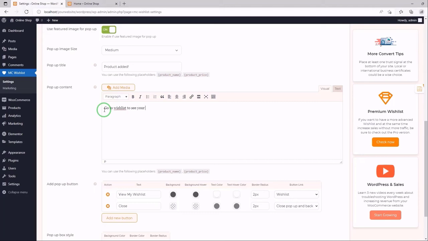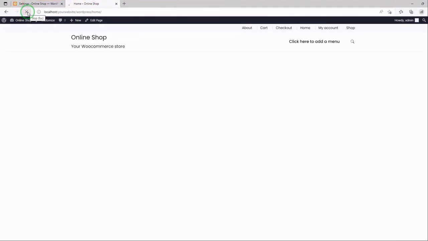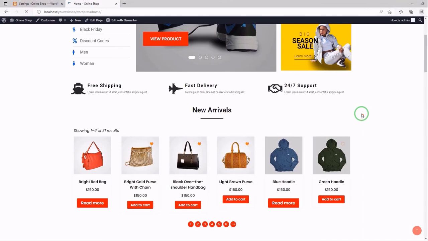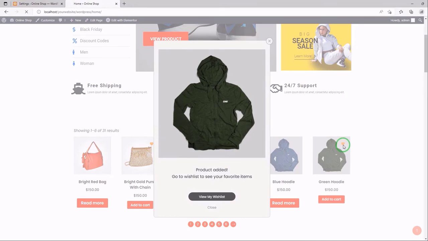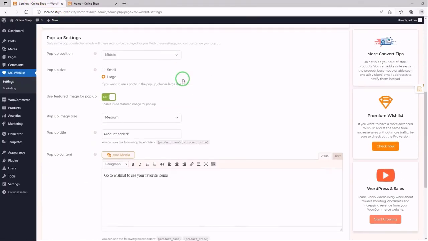To see your favorite items. Okay, this looks good. Let's save and see whether the sentences change or not. Let's add this product to my wish list and see. Yep, you can see the first sentence is product added, and the second sentence is what I've written on the settings. Okay, let's get back to the dashboard and